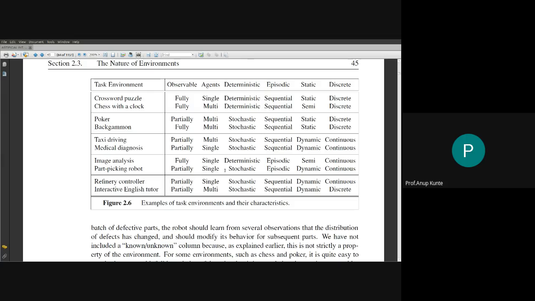Hence the environment is semi-dynamic. It's not fully dynamic, because the rules of the game are not changing, but the way the players are playing depends on how fast or how slow they are able to make the decisions. Hence, it is semi-dynamic. Now, the nature of this game is definitely discrete, because you're taking turns, and turns means being discretized. Similarly, you can analyze the rest of the things listed on this particular window.